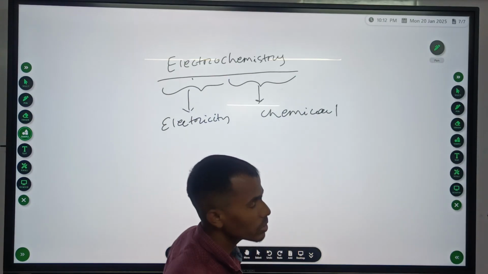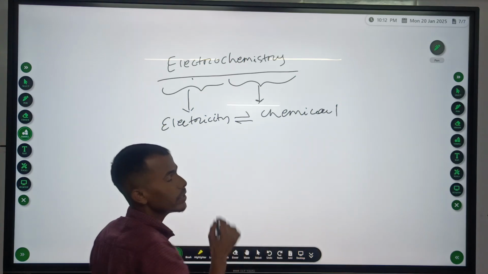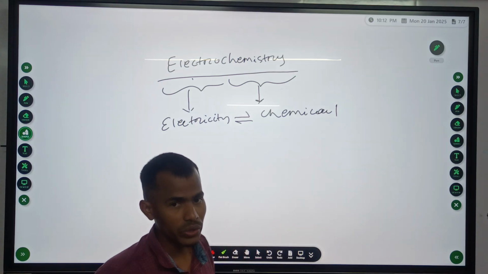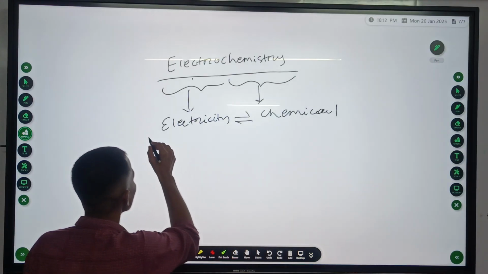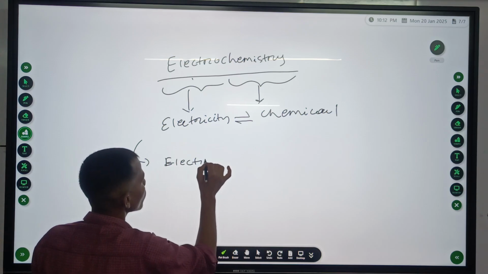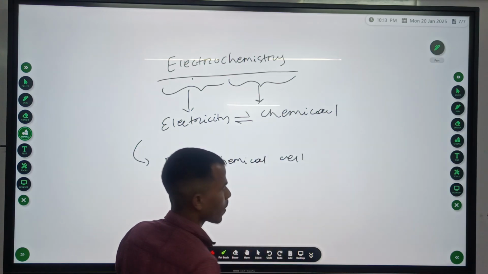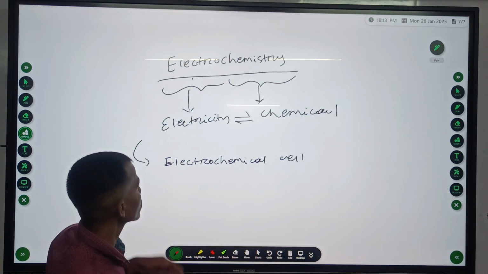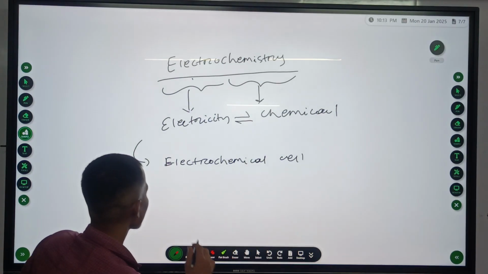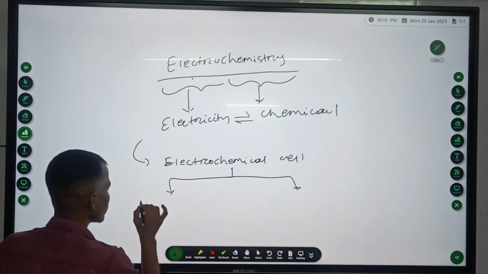So basically in electrochemistry we mainly deal with the interconversion between electrical energy and chemical energy, and how they are correlated. For the interconversion of these two energies we need a device, and this device is known as an electrochemical cell. This electrochemical cell is destined for the conversion of electrical energy to chemical energy. Further, the electrochemical cell is divided into two categories: galvanic cell,